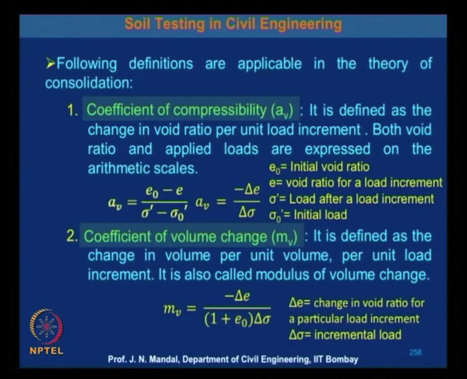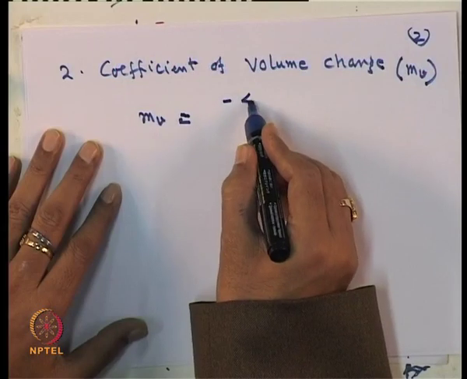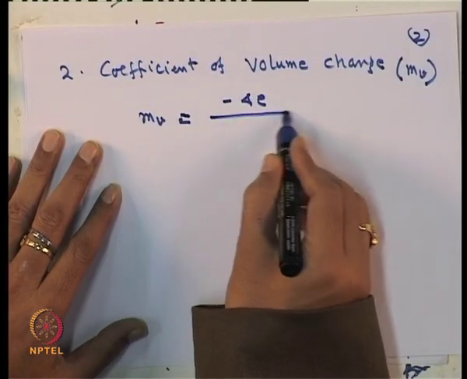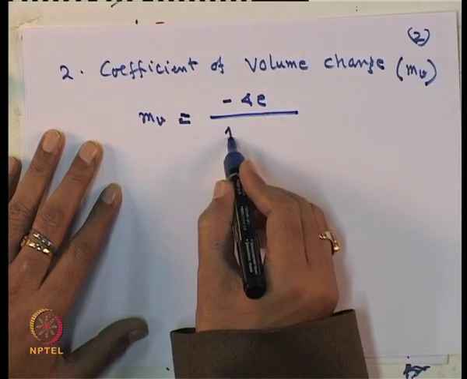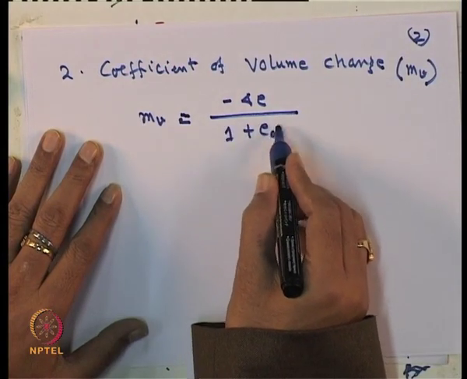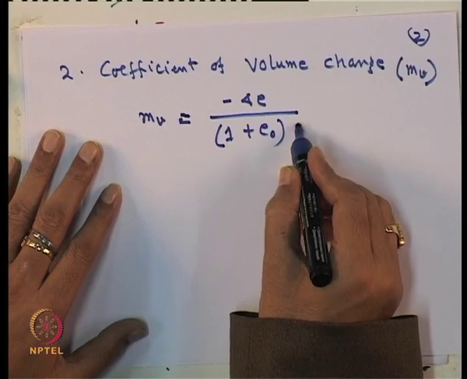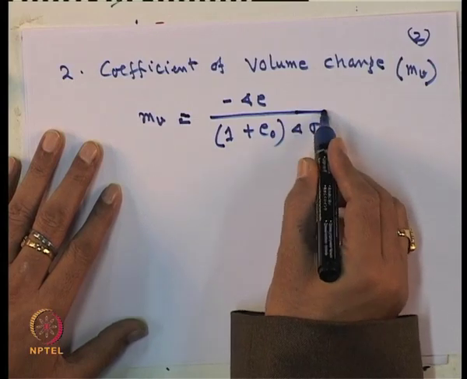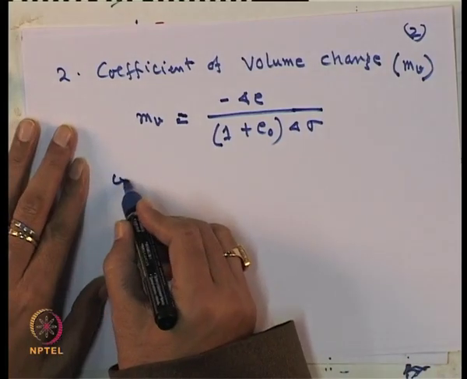It is also called the modulus of volume change. So, the coefficient of volume change, or mv, can be expressed as delta e divided by (1 plus e0) into delta sigma, where